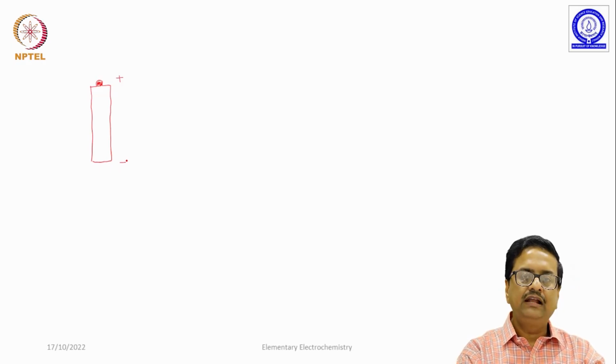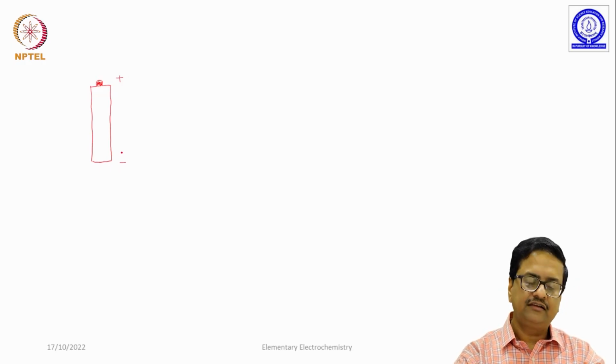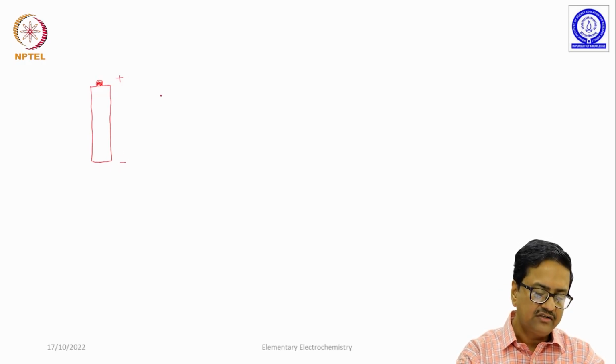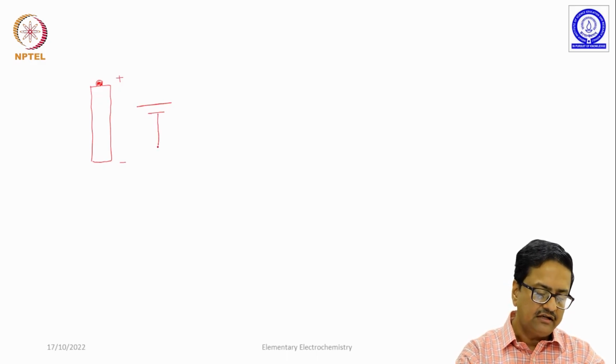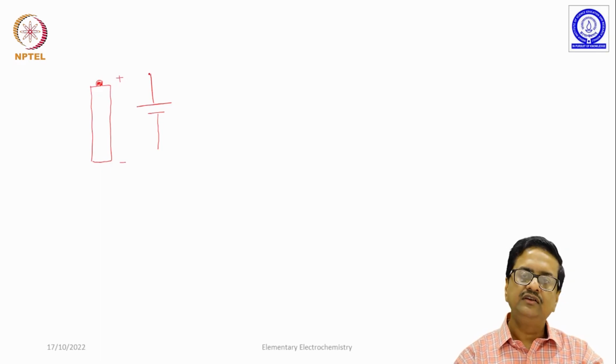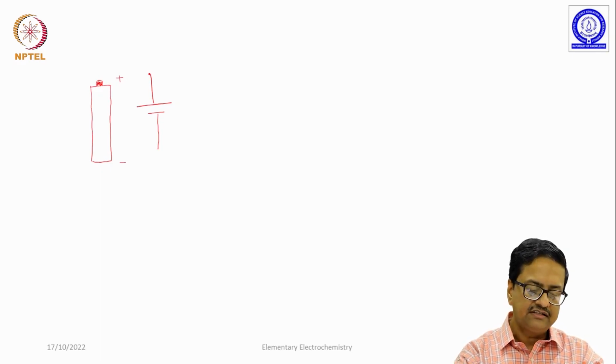So when we write a battery in a given electrochemical circuit, we write the positive end as a longer line and the negative end as a shorter line, and indicate like this. So whenever you see an electrical circuit, a DC circuit, this means this is the plus and this is the minus end